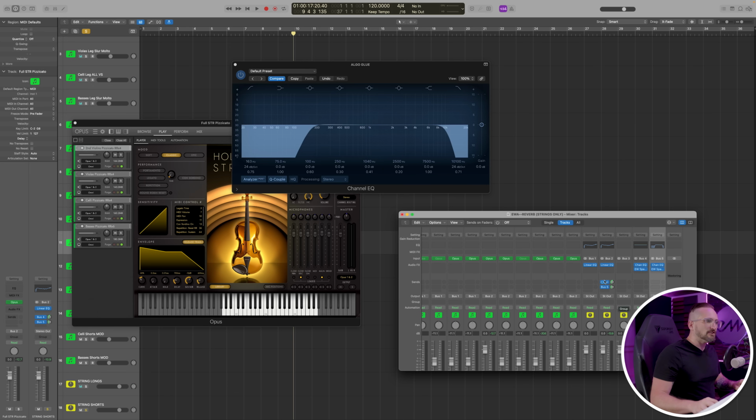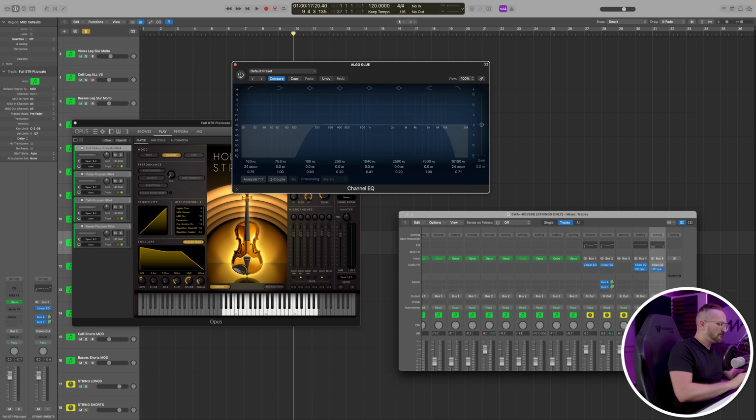There's not going to be any dry signal mixed in, but I want you to be able to hear the effect of the EQ very clearly. And I'm also going to turn the send amount back up to 0 dB, so the volume won't be too low. Here it is without the EQ. So that EQ is definitely helping to clean it up a little bit.